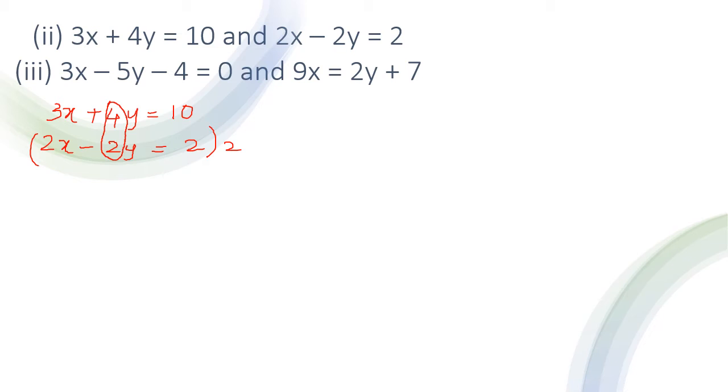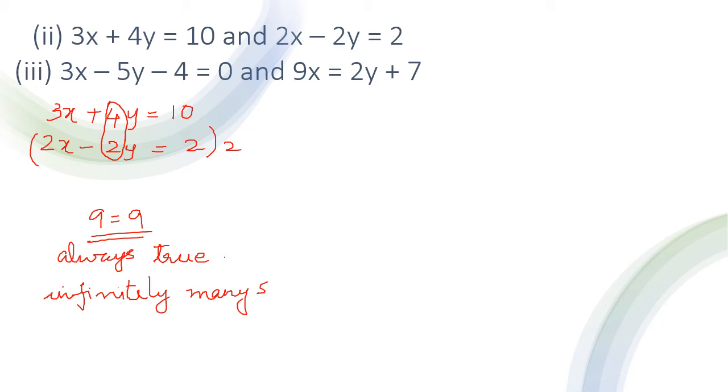Now children, when you solve, sometimes you will get an equation like 9 equal to 9, as we had earlier. If you get an equation like this, it means it is always true. When you're solving during elimination, in the second step, when you find the value of x or y, both x and y go away, and you get an equation like 9 equal to 9, or 3 equal to 3, which is always true. It means that there are infinitely many solutions.